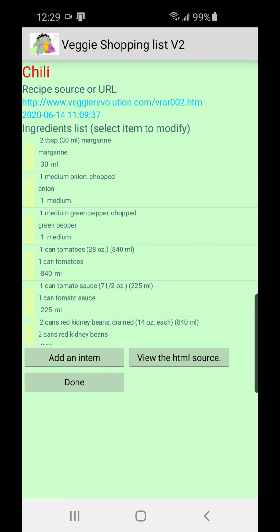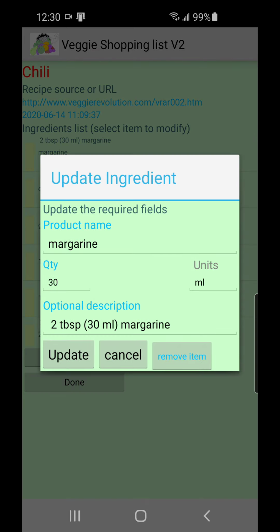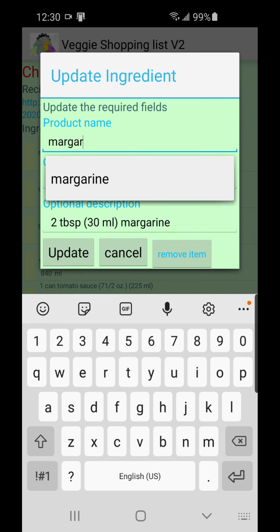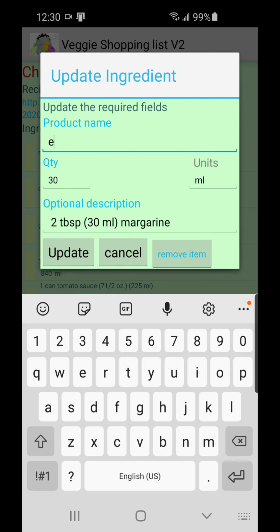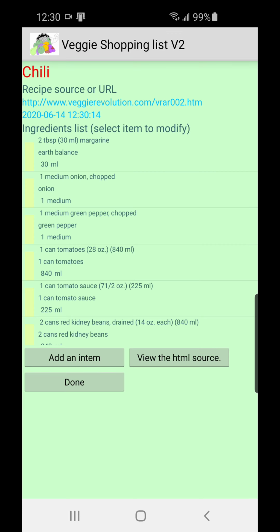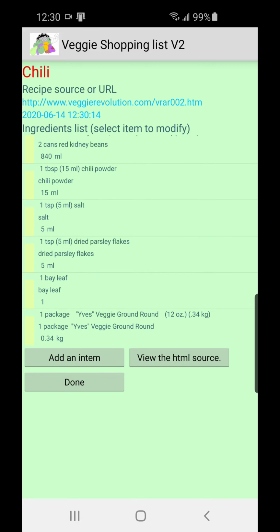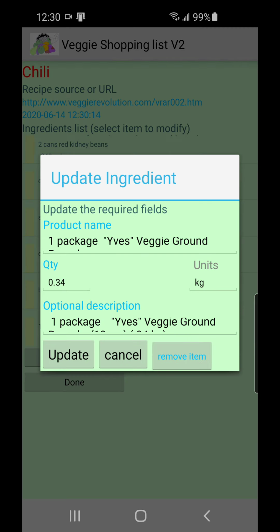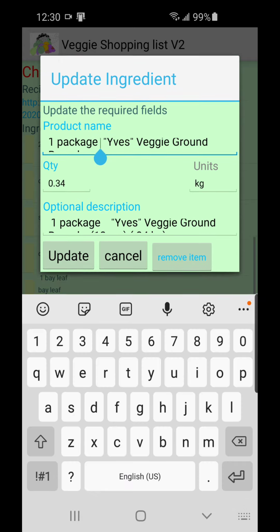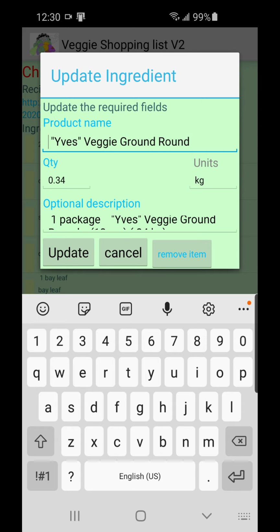And I want to say that for the margarine, we use Earth Balance. Okay, and somehow the recipe picked up the package. I'm going to remove that. And if Veggie Ground Round is the product, so